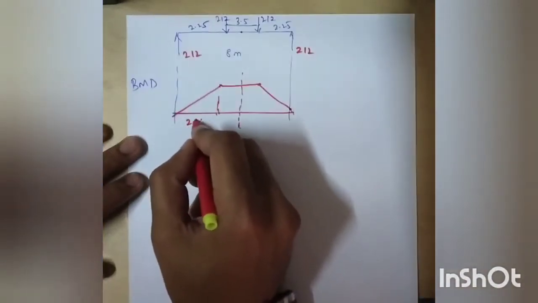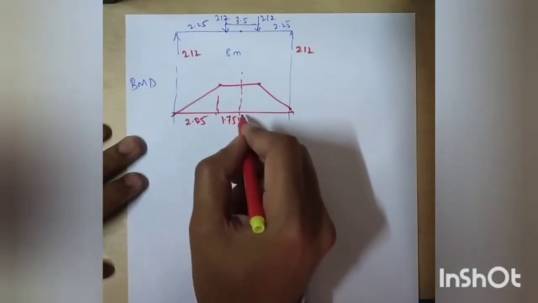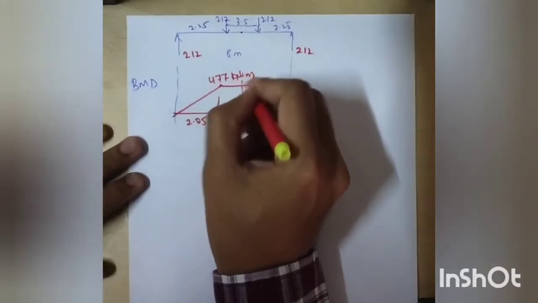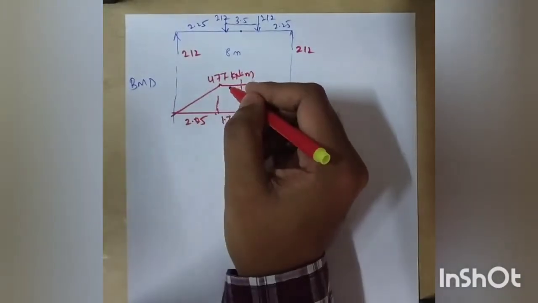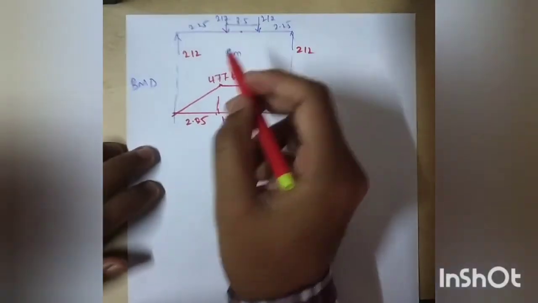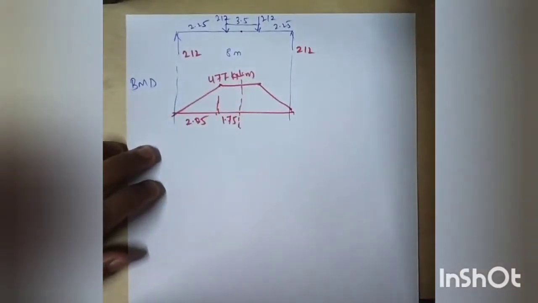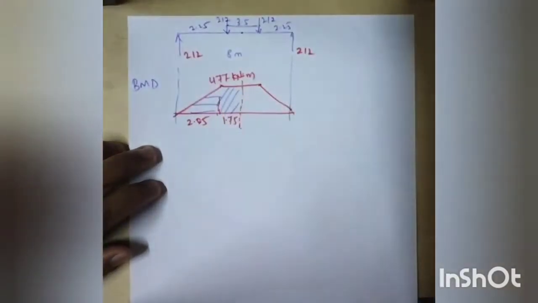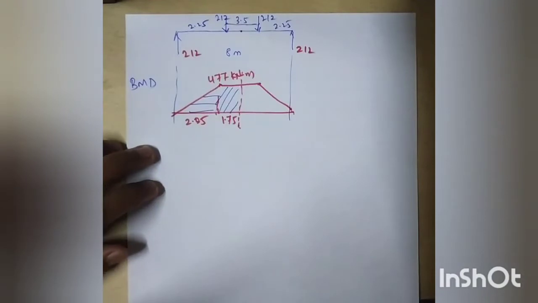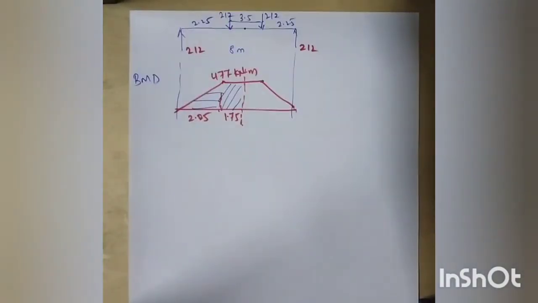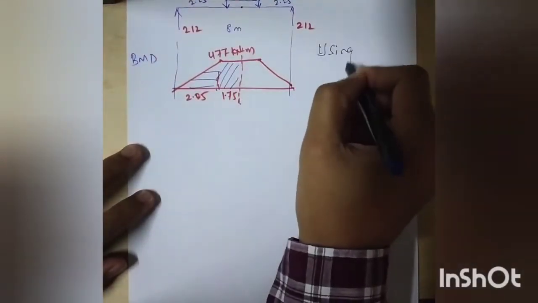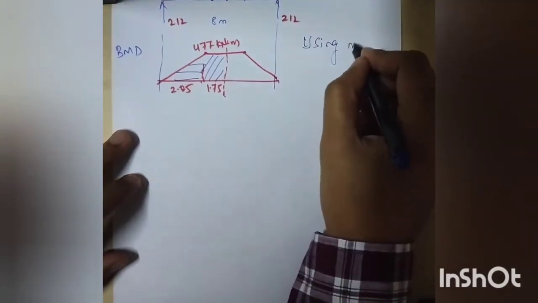So this will be 2.25 and this will be 1.75, and the moment will be 477 kilonewton meter. So now using moment area method,